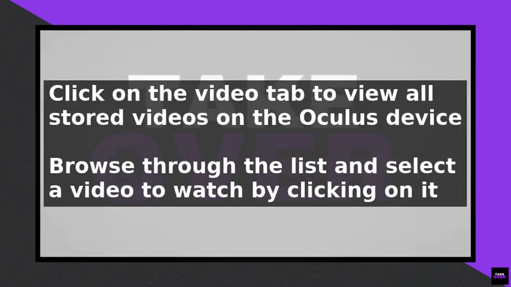First, you can do this by connecting your Oculus device to your computer using a USB cable, and then transferring the video file to the Oculus device. Alternatively, you can also use the Oculus file transfer feature to transfer videos from your computer to your Oculus device